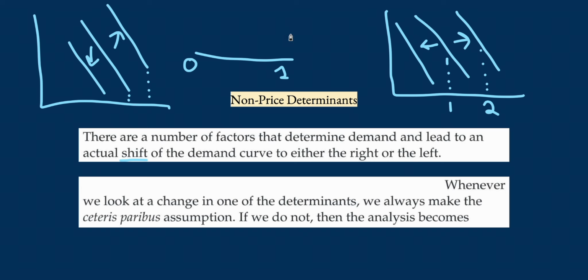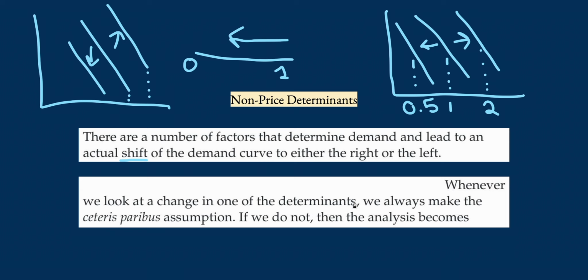That means demand is decreasing, okay, because it's going backwards. It's going back along and getting smaller. Hence, if it's 1 here and it's 2 here, obviously going backwards, we're going to get 0.1. Oh, sorry, 0.5. Okay, and that means demand is decreasing. So when it says a shift of the demand curve to either the right or the left, also known here as up and down. But getting back to determinants, whenever we look at a change in one of the determinants of